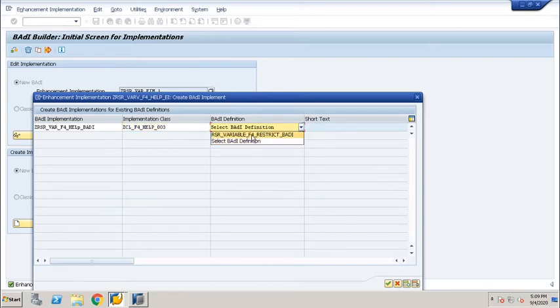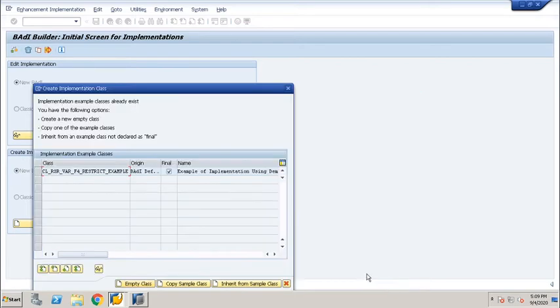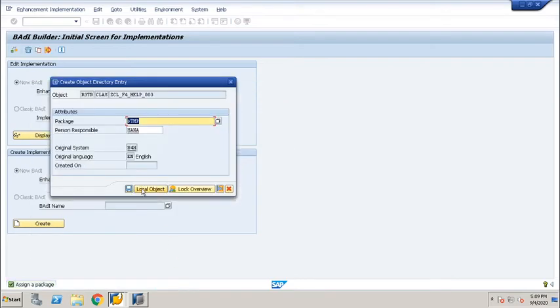I will select the standard body name. Once you click on the continue button, it will ask if you want to use the standard class provided by SAP. Yes, you can select it, and you can click on copy sample class. It will paste that class into the local object.